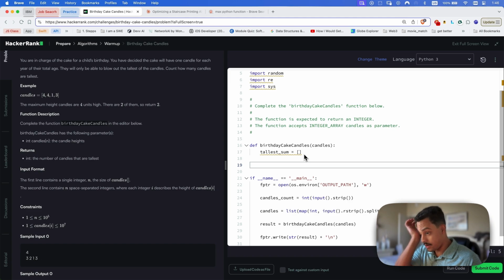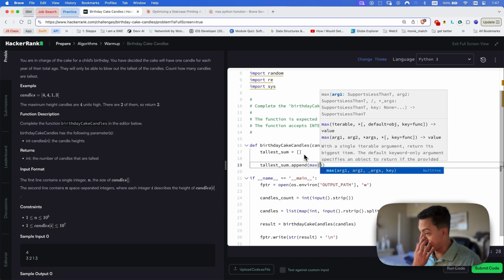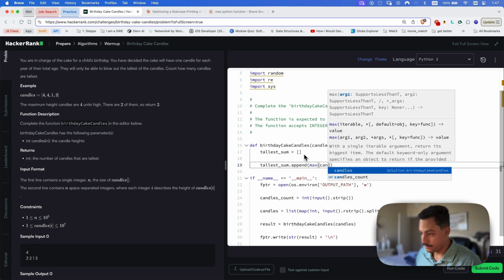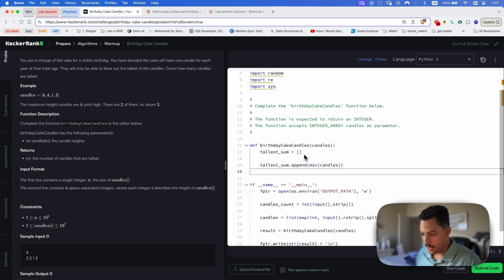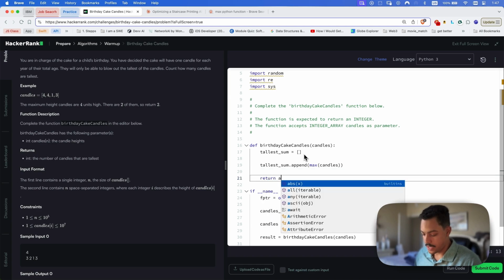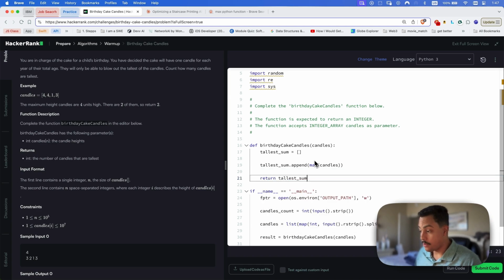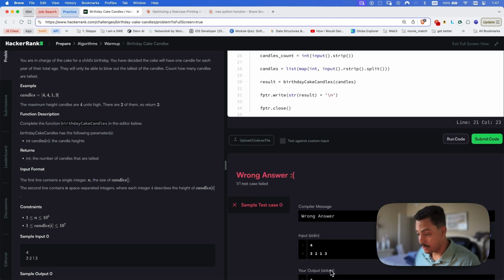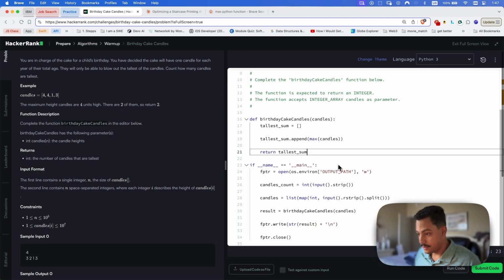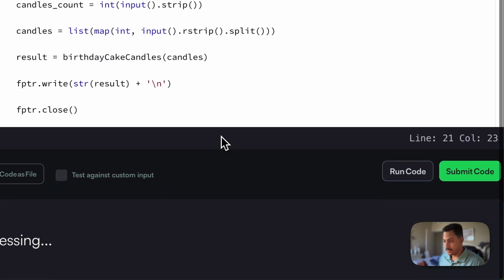So in our case, we're probably going to get a wrong answer here, right? But tally sum, I'm going to say it's an empty array, but let's go ahead and append the max of the candles, right? Let's just go ahead and do that and return tally sum. It's going to return 1, and for this test case, the result is 2. But it'll prove that